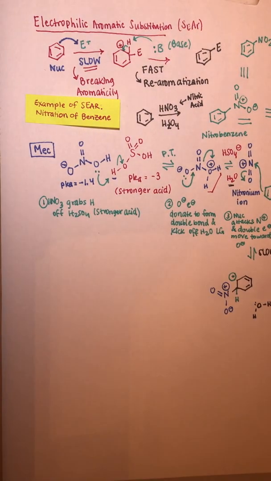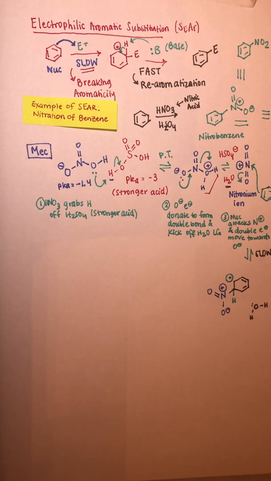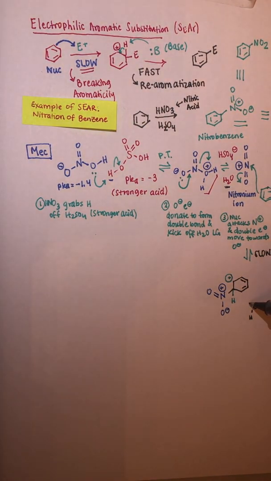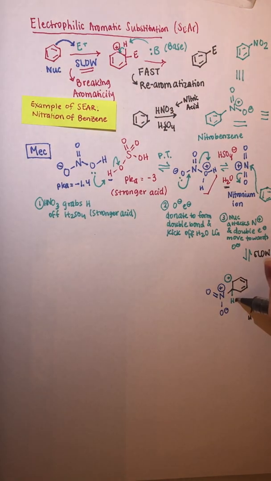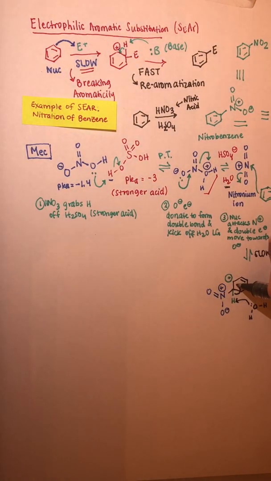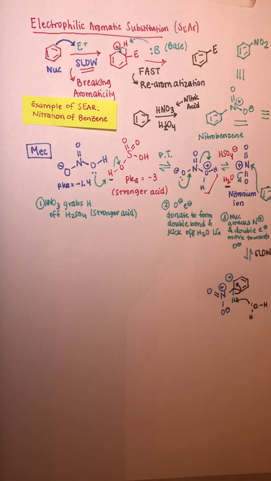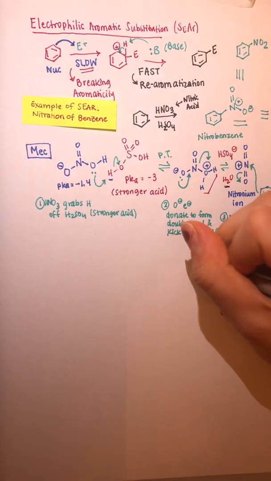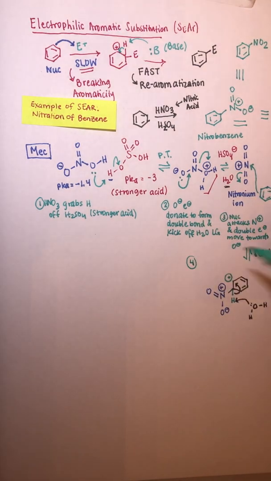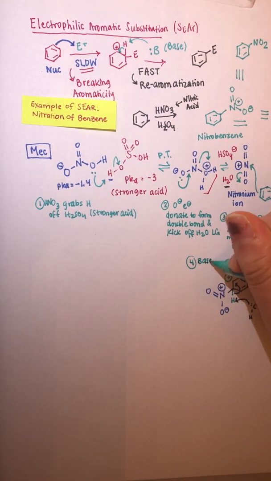In the end, it's not going to matter because they're just going to do their thing with some more proton transfers, and you'll end up with the catalyst regenerated again, which is your strong acid, but we'll see that in a minute. And so this base is going to come in, going to take that proton, and it's going to donate those electrons back. So step 4 is going to be base, which in this case is water,